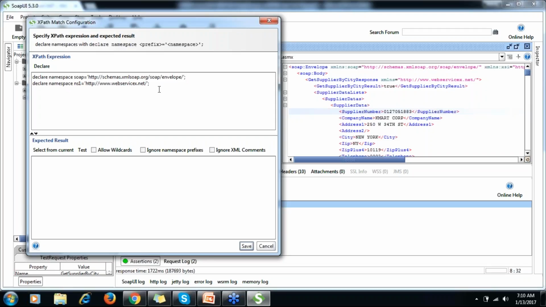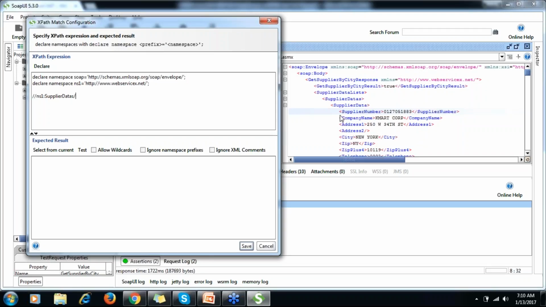Okay, again click declare, double forward slash ns1. This time I'll not traverse from supplier data list. I'll start with supplier data, because this is the nearby tag, right?